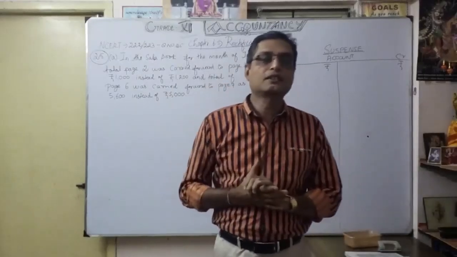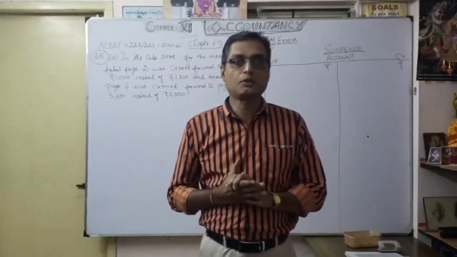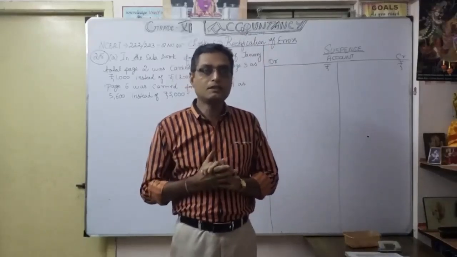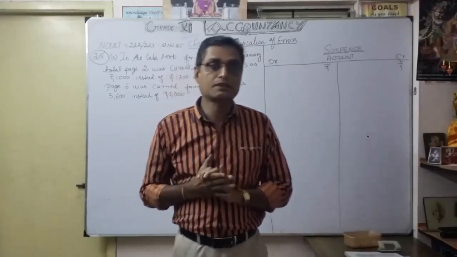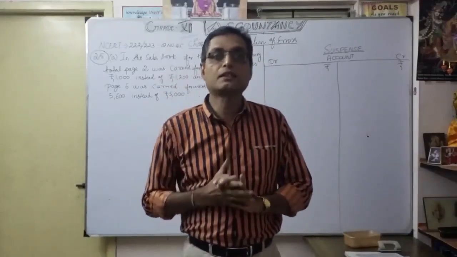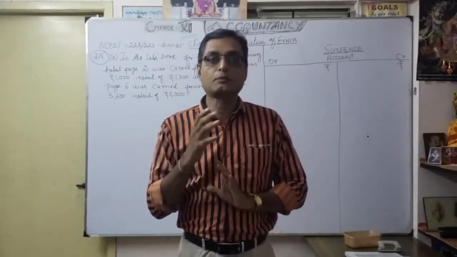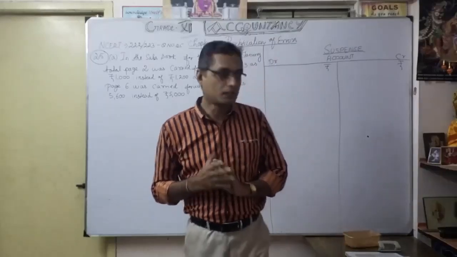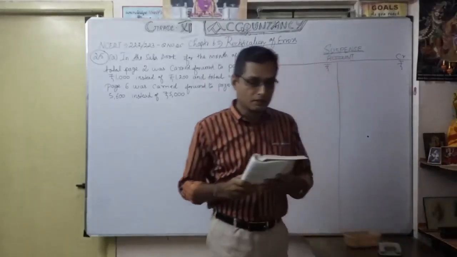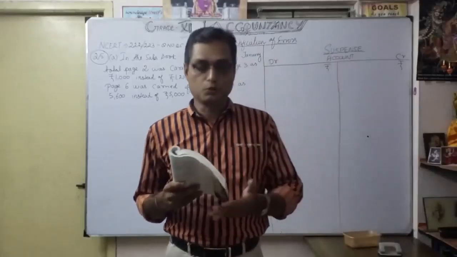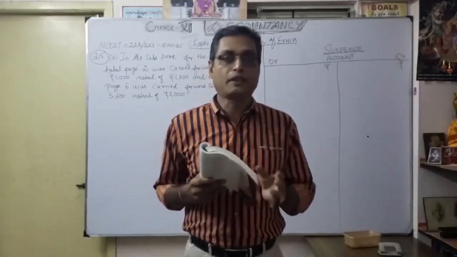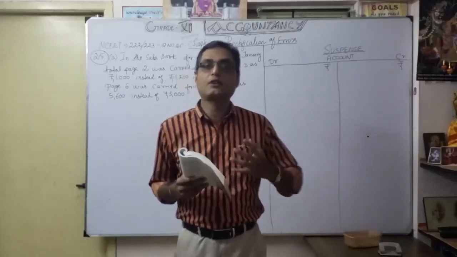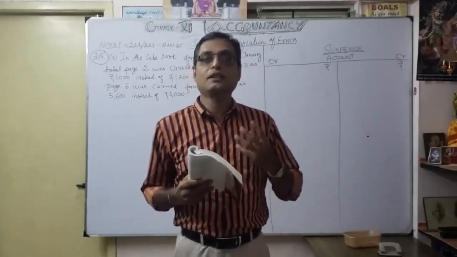So as you know very well, for more than 1 month we discussed chapter number 6, rectification of errors. Even though we completed trial balance, rectification of errors is a very important session. That's why we have to discuss it in detail. So today we are going to discuss one of the important problems in the NCERT book. It's the final problem, page number 222 and 223. Take that NCERT book, page number 222. See the last question, number 25. More than 12 transactions are there, so here we can discuss in detail the entire topic of rectification of errors.